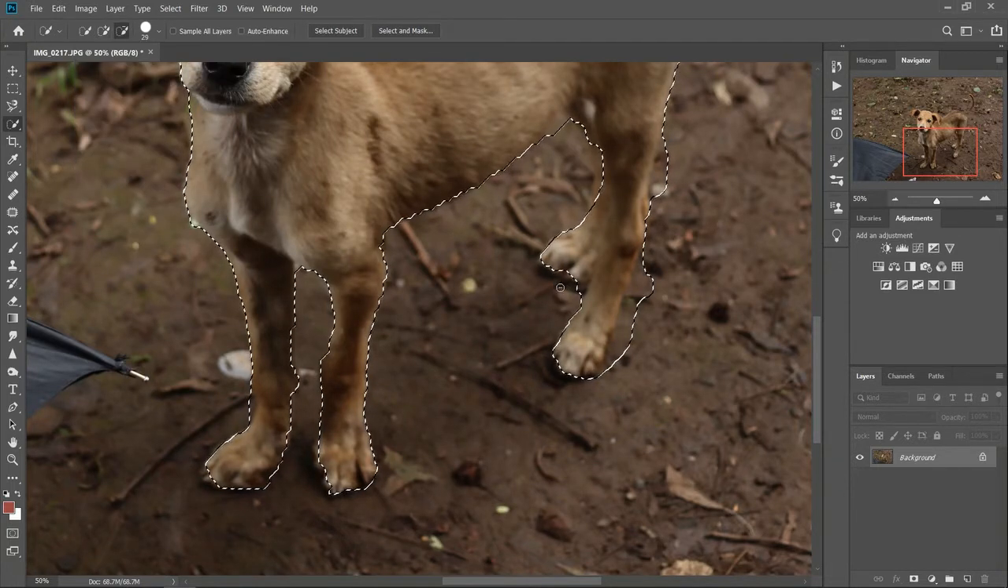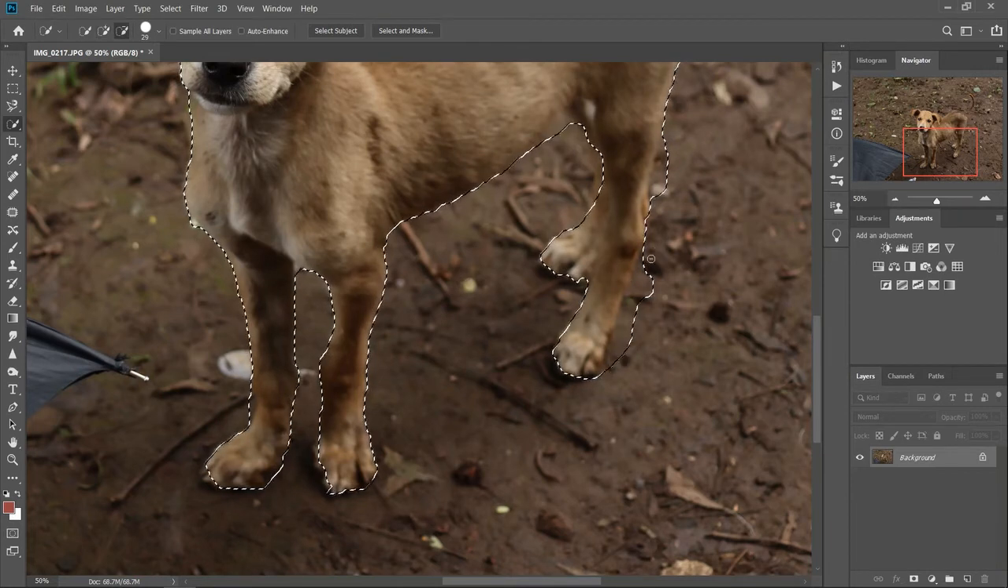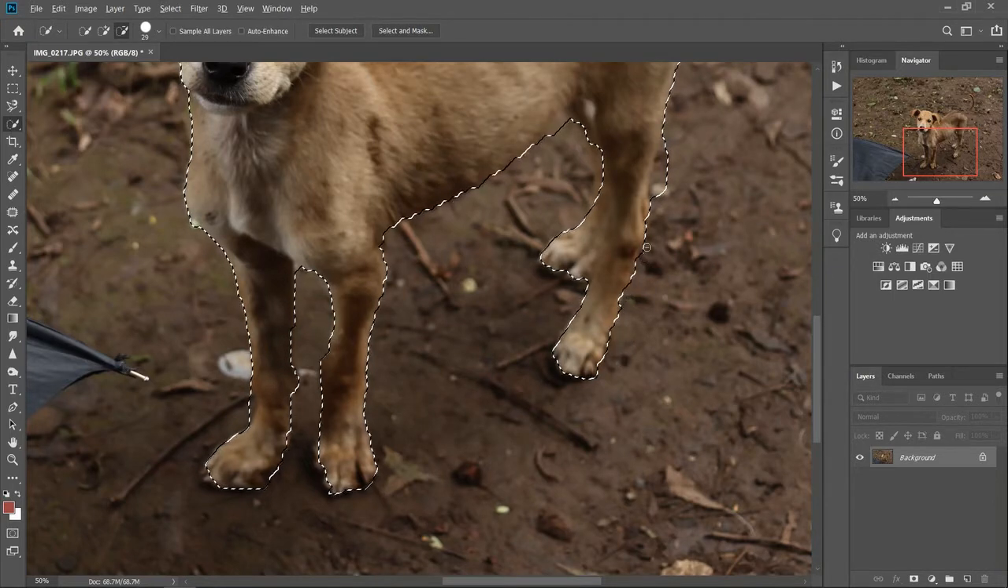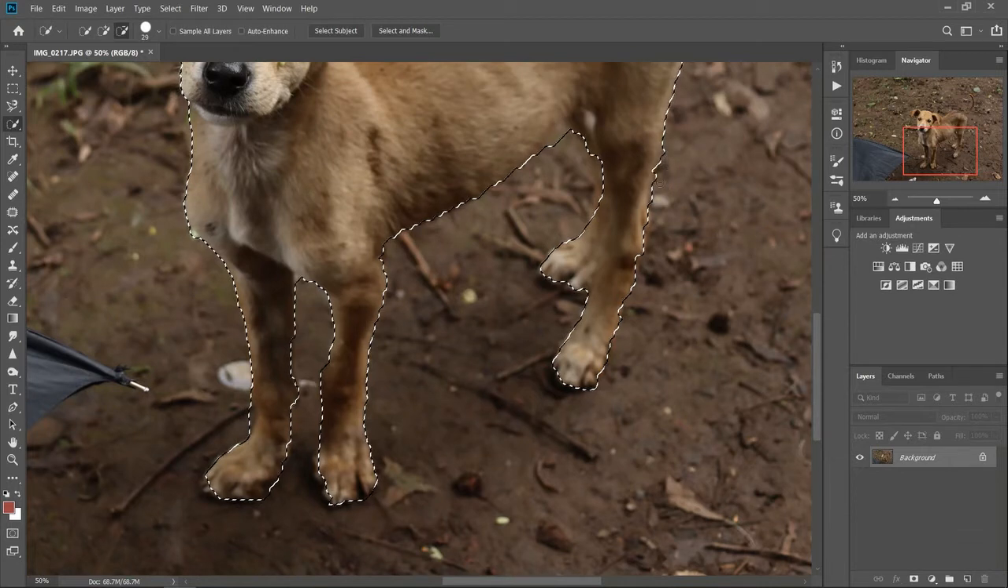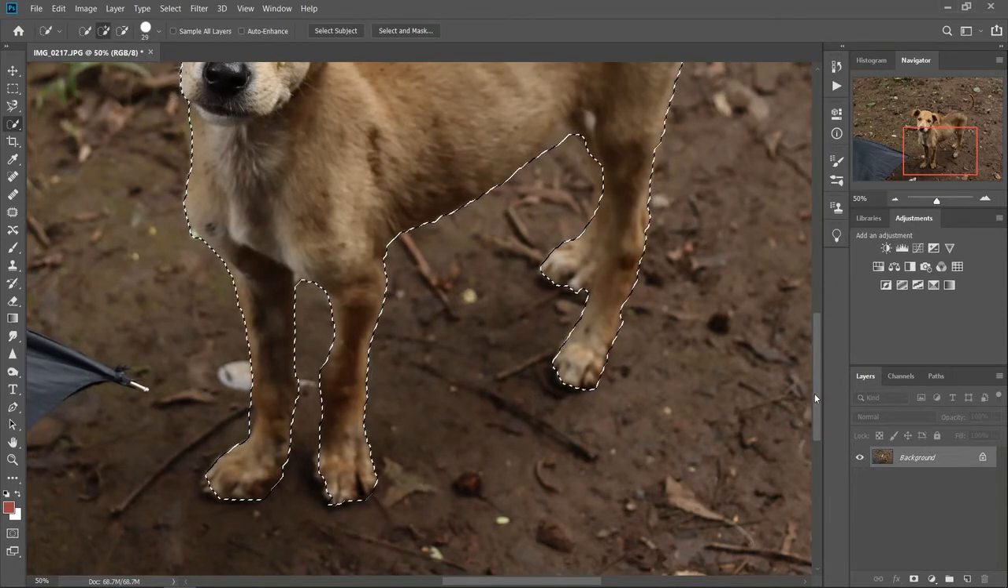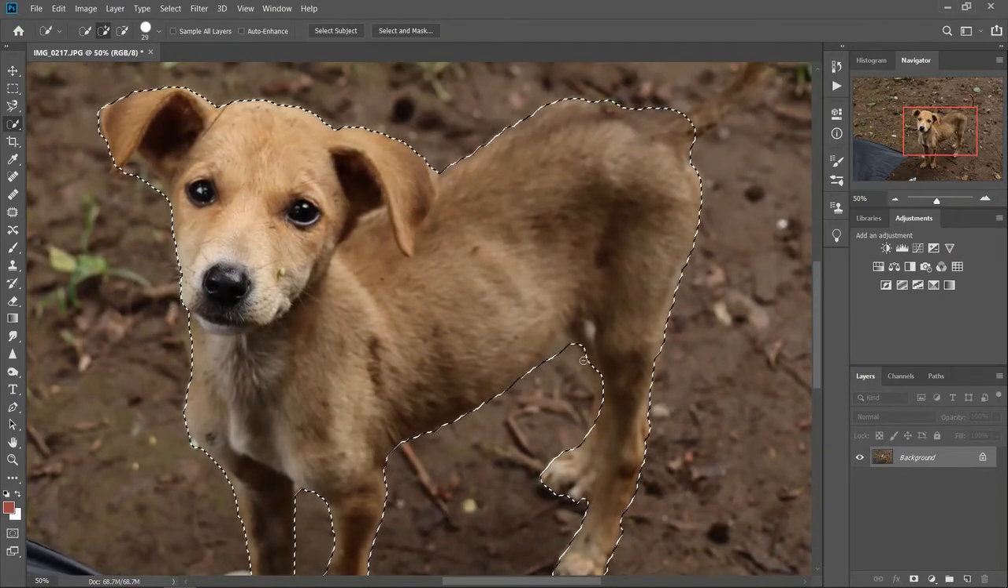But I prefer using the quick selection tool when I'm in a hurry. Okay, and it selects the subject very well. It's widely used to make a selection. So here it is. We just move around the photo, and here we have selected the dog, the face,